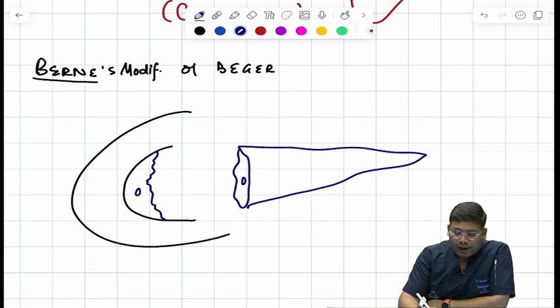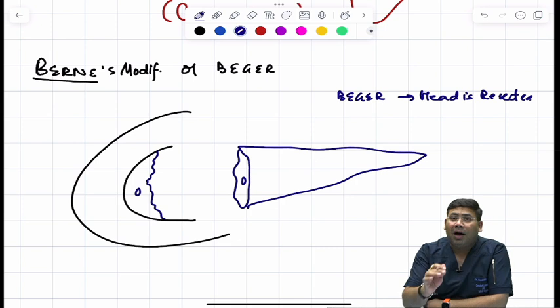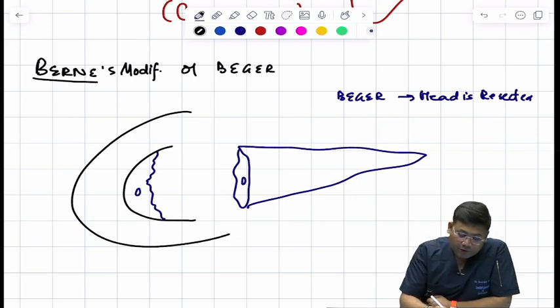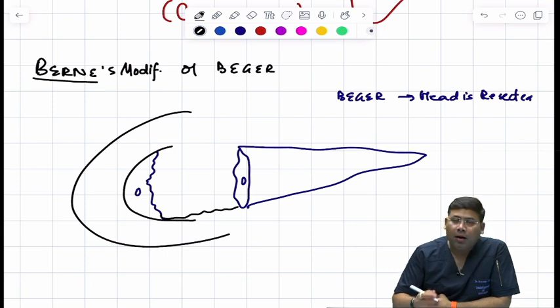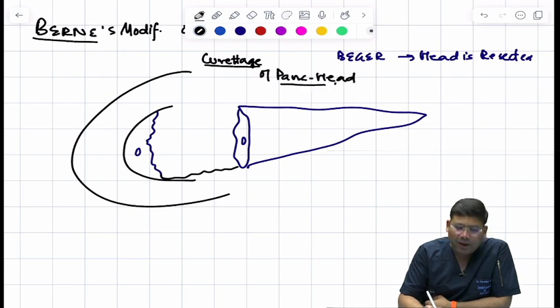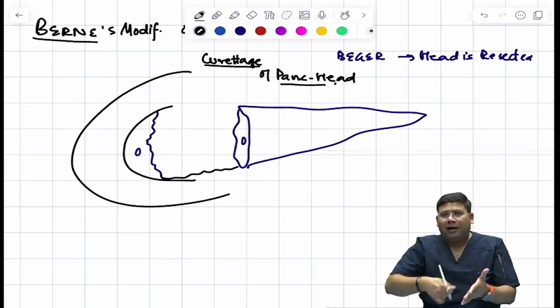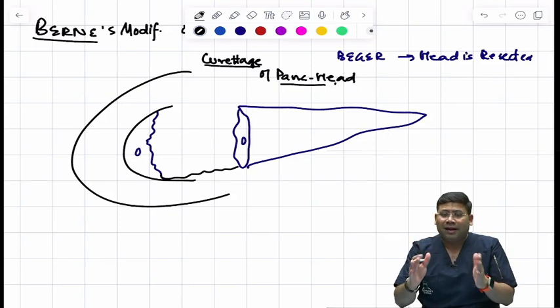In Beger, the head is resected. Try to understand. In Beger, the head is resected. What is done in Frey? The head mass is curated, not the head. बच्चे, when we talk about the Bern modification, in Bern you don't resect the entire pancreatic head, rather curettage of the pancreatic head, not only the head mass but the entire pancreatic head. वो कहता है head mass नहीं, पूरा pancreatic head almost curated, but don't expose, don't resect the head,